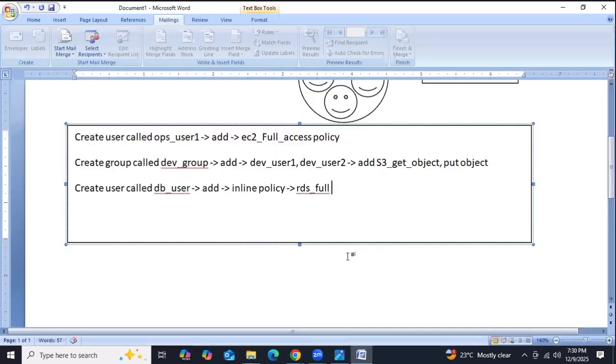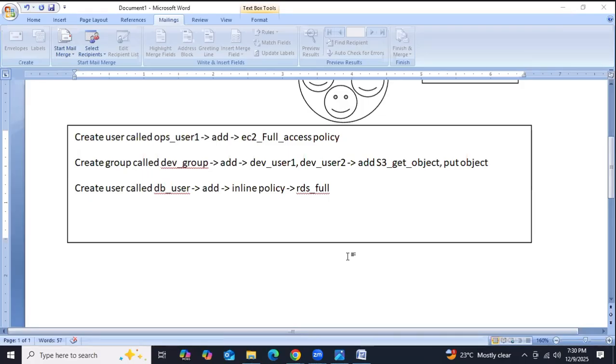So this is a task you need to perform. Tomorrow, I'll teach you how to change the password for user, and how to provide the MFA, multi-factor authenticator. Tomorrow is a very interesting concept. We are going to download one application onto our mobile. With the help of that mobile application, we are going to log in to our AWS console, for security purposes.